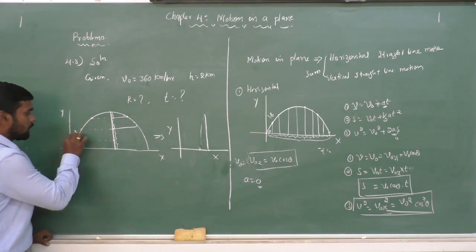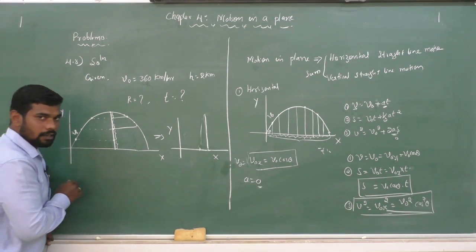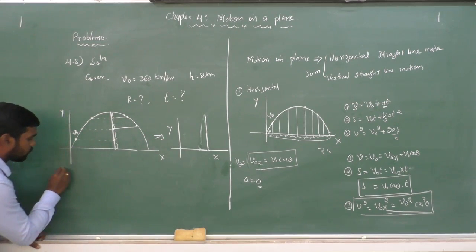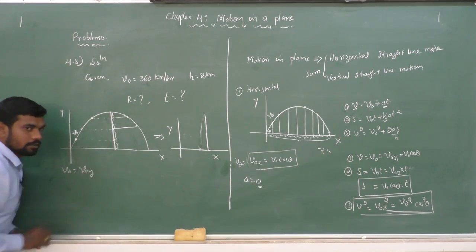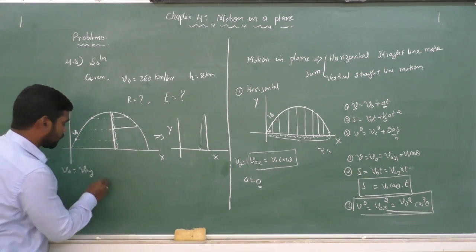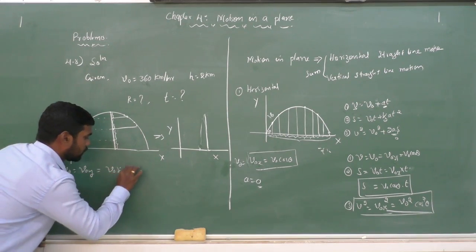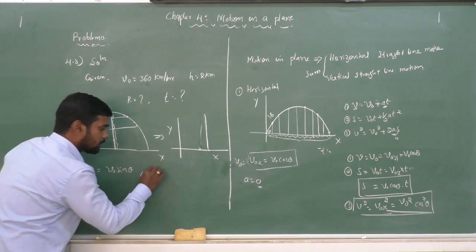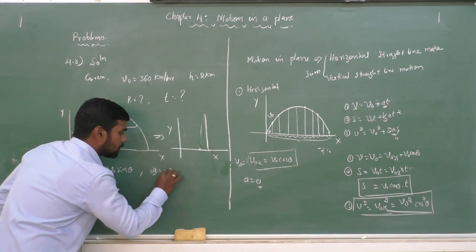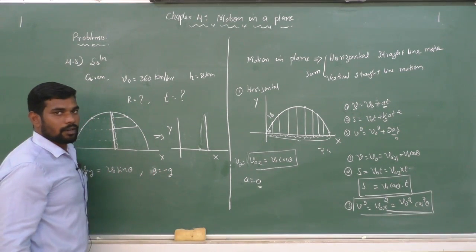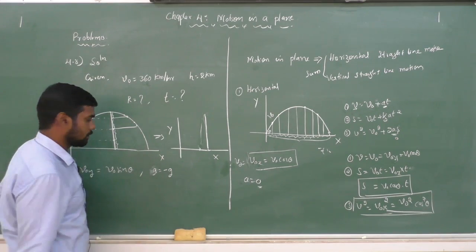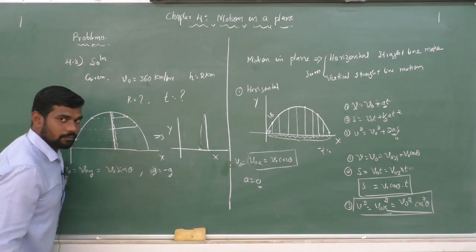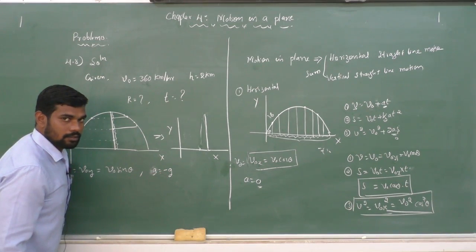So here we consider V naught, the initial velocity of the projectile, but in the vertical direction this V naught will be V0y, the vertical component of this velocity. What is that V0y? That is V naught sin theta. That should be noted: V naught sin theta. Then what is the acceleration? As I discussed, this is a freely falling object, so the acceleration is minus g. I discussed that in the last session, the first session. So here it is minus g. Clear my point?